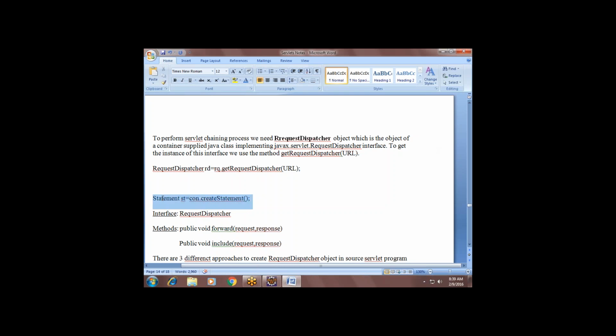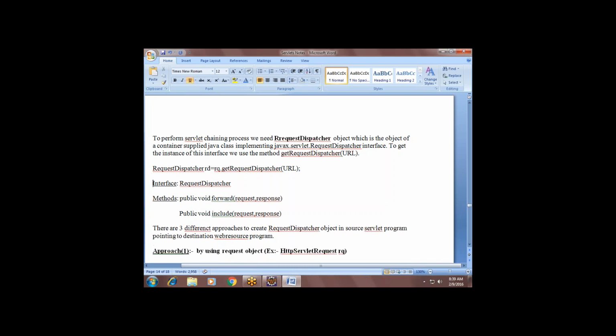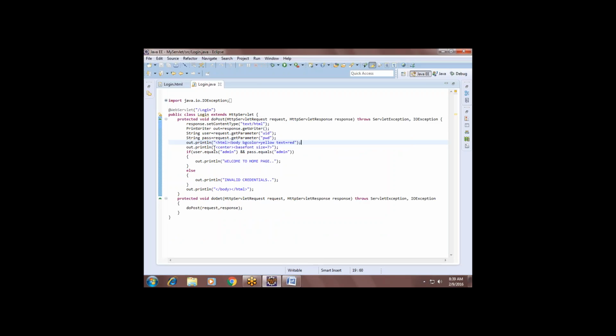Okay. So in this way, we should create the request dispatcher object also. If you want a request dispatcher object, then invoke the request.getRequestDispatcher method and give the URL pattern for the next servlet which you want to call. Then automatically it will call the servlet and put the reference into the request dispatcher. Then you can use any of the methods as per your requirement. That is a simple concept. So now exactly we'll implement the same process here.